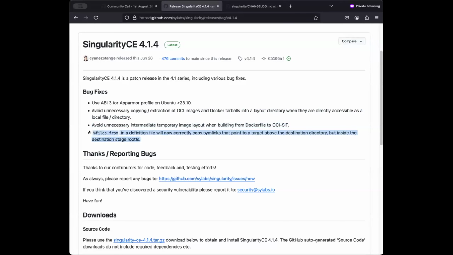The other fix we have, which is a behavior fix rather than just an optimization, is this one at the bottom. The files from directive could be used in a definition file to copy files between stages in a build. So if you have a multi-stage build, you can use files from to copy things between stages. Because of some code we have to secure the use of paths in that, so you don't escape from the directory which is holding a build stage,